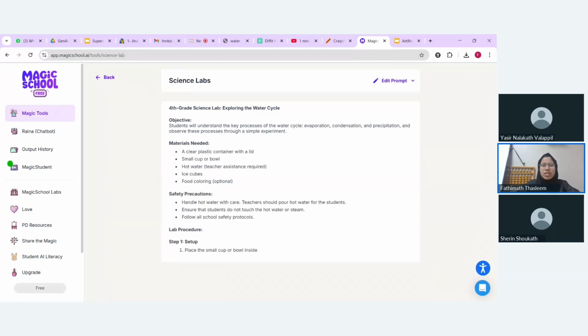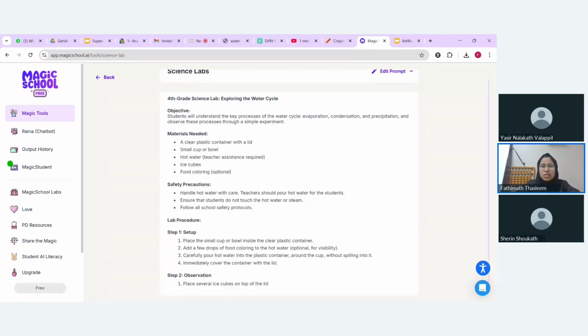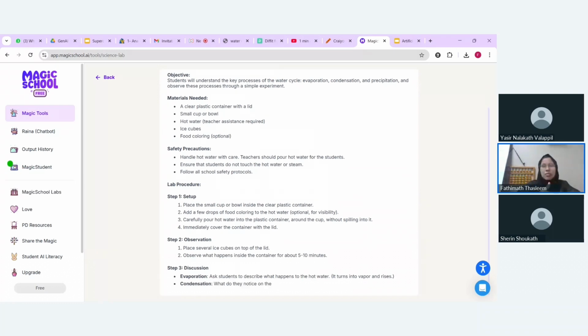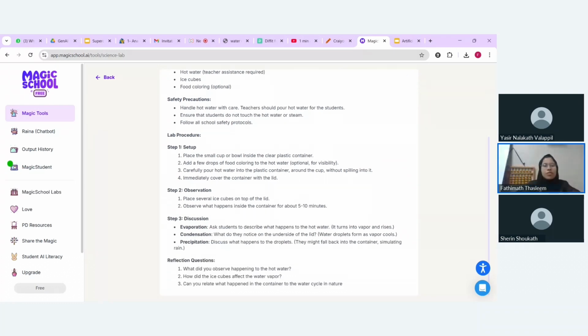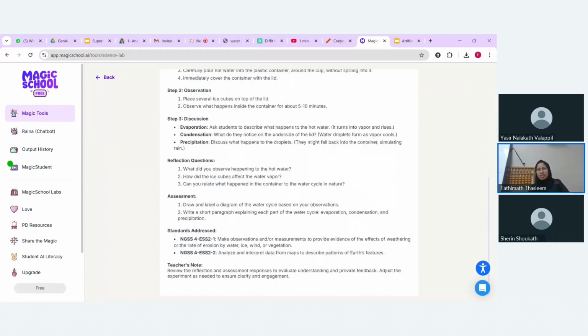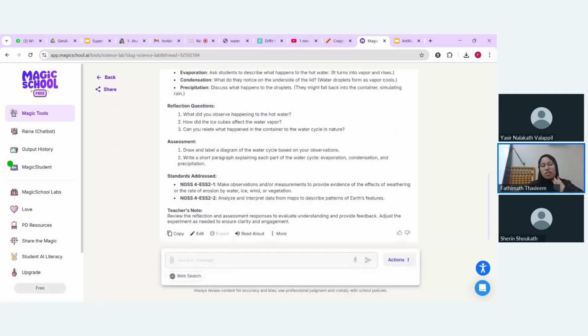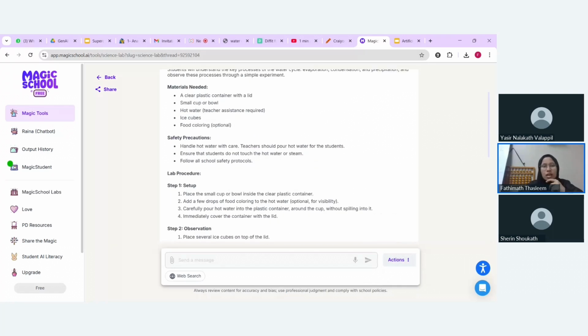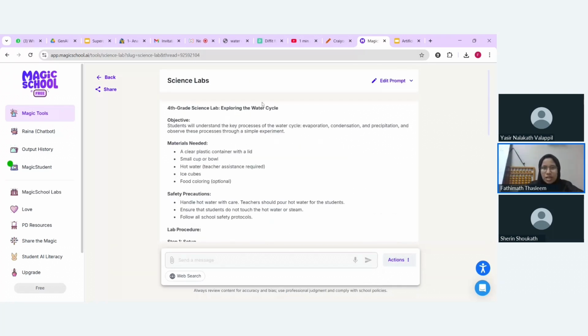So exploring the water cycle. Here you can see that the science lab, for science experiments, they have things they can do for water cycle experiments, or labs that can be conducted for water cycle. Okay, so here materials needed: a clear plastic container with a lid, small cup or bowl, hot water,